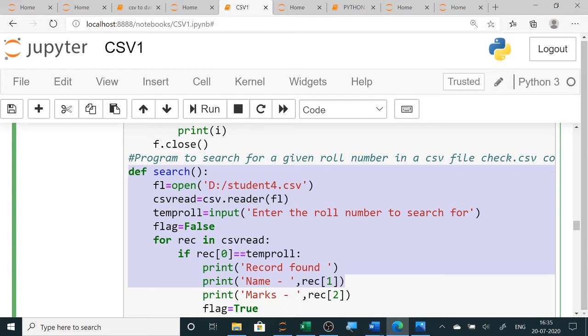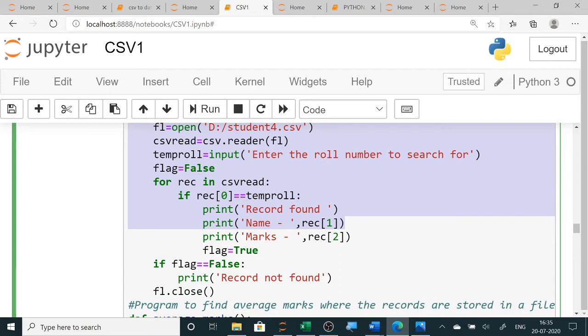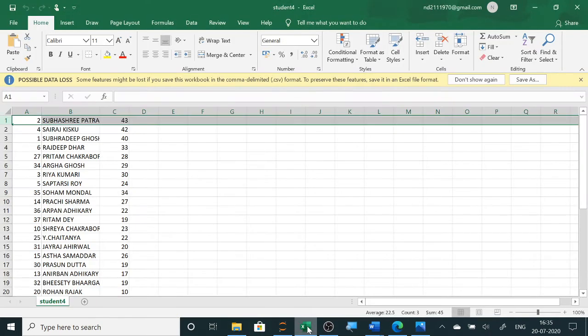If you want to search with the help of name, then here you only have to write rec 1, and name will be equal to input, enter the name to search, and with the help of name it will search. Only you have to be careful that this 0 is for the first column, that is roll number, and 1 is the next column.